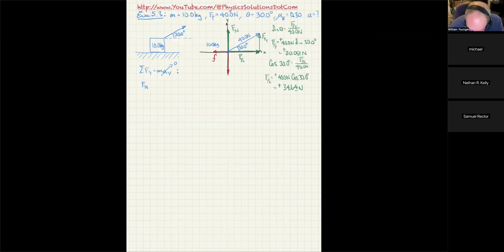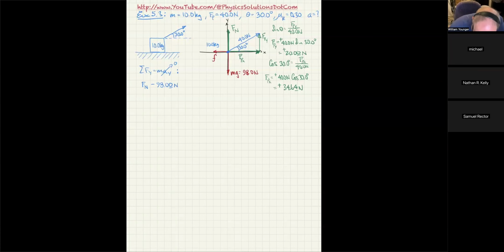So why write two symbols when you can get away with just writing one? This is the other force acting in the negative direction, and that's the mg, or the weight. And that, of course, is 10 times 9.8, which would be 98.0 newtons. So it's Fn minus